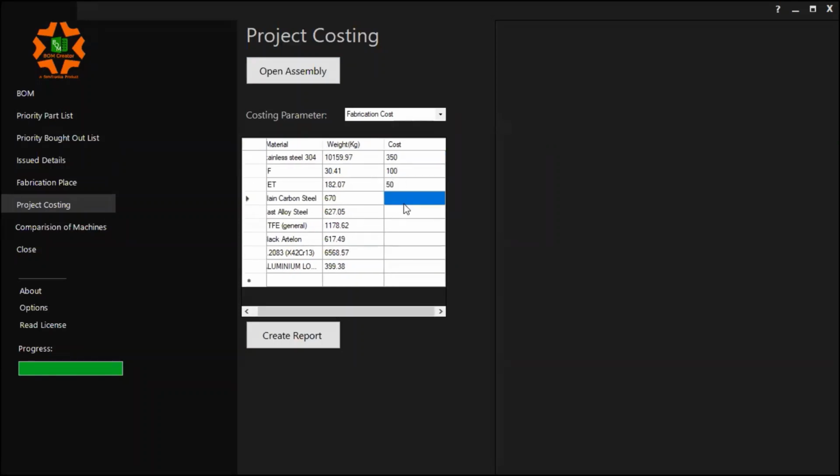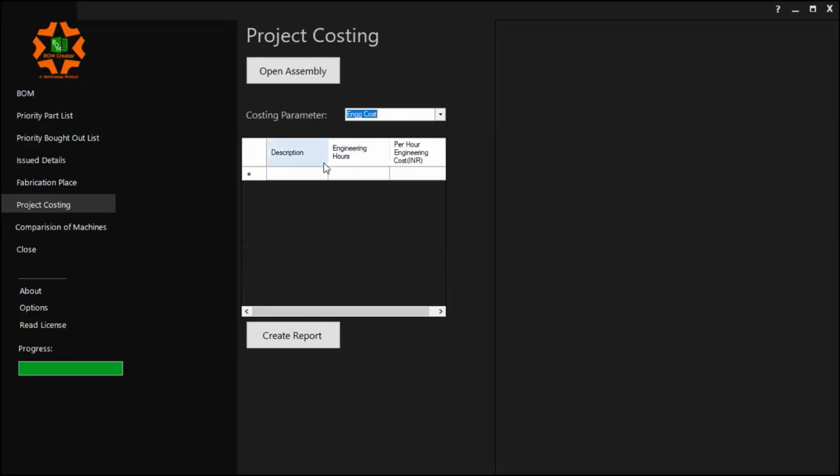Let's say plain carbon steel 110, last I said 130, and the others I say 50, 60, 80, and this one, let's say, 200, right? So that's my material fabrication cost.